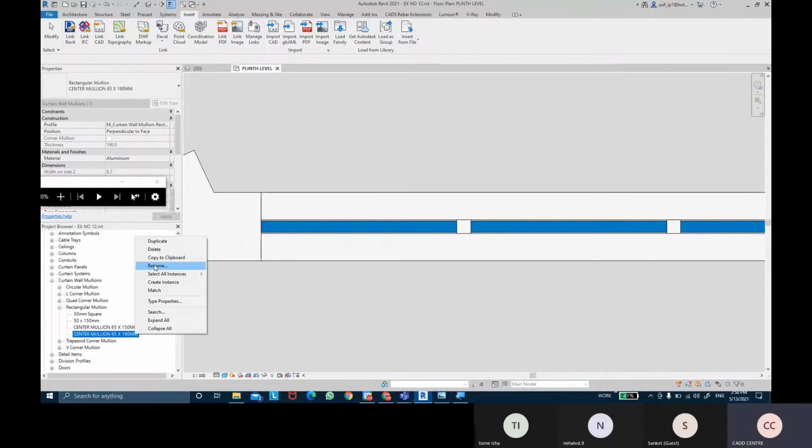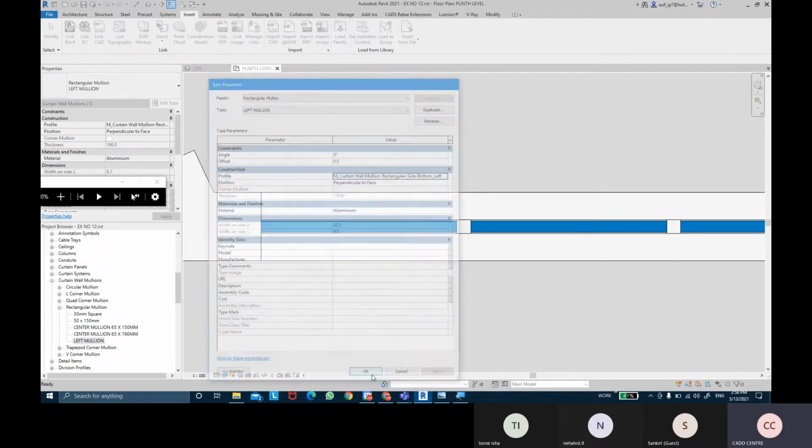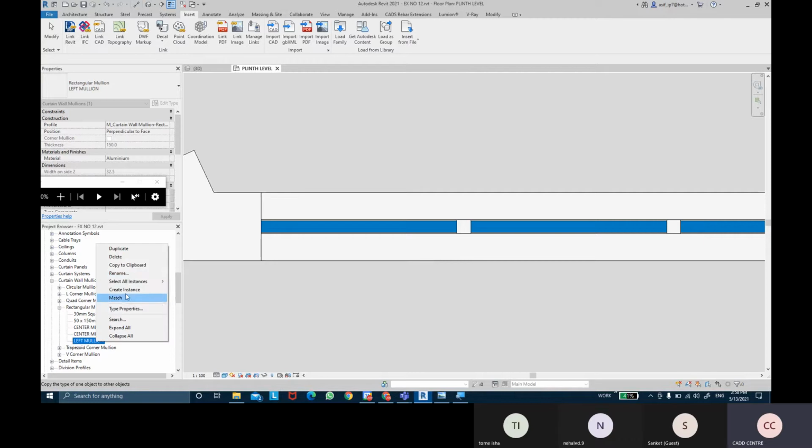So once again, right click and duplicate it and call this left mullion. Come into the type properties and in the profiles, instead of taking the center mullion, we're going to take the left mullion. Here we have left mullion of 60 by 150 mm again. It's like that, and you can rename this.